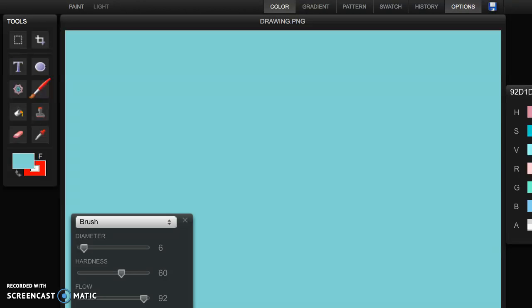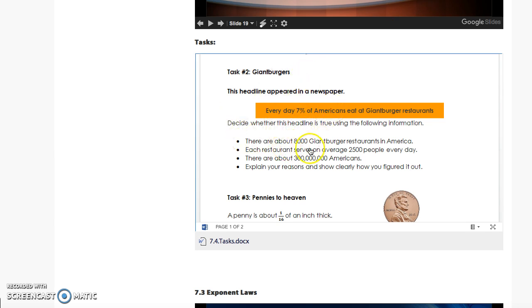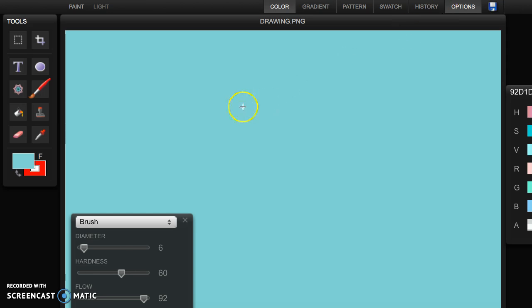Okay, so today I'll be doing the giant burger problem, to see if it's true or not that 7% of Americans eat at that restaurant. The given numbers are 8,000 giant burger restaurants and 2,500 people eat there every single day, which means that we're supposed to take